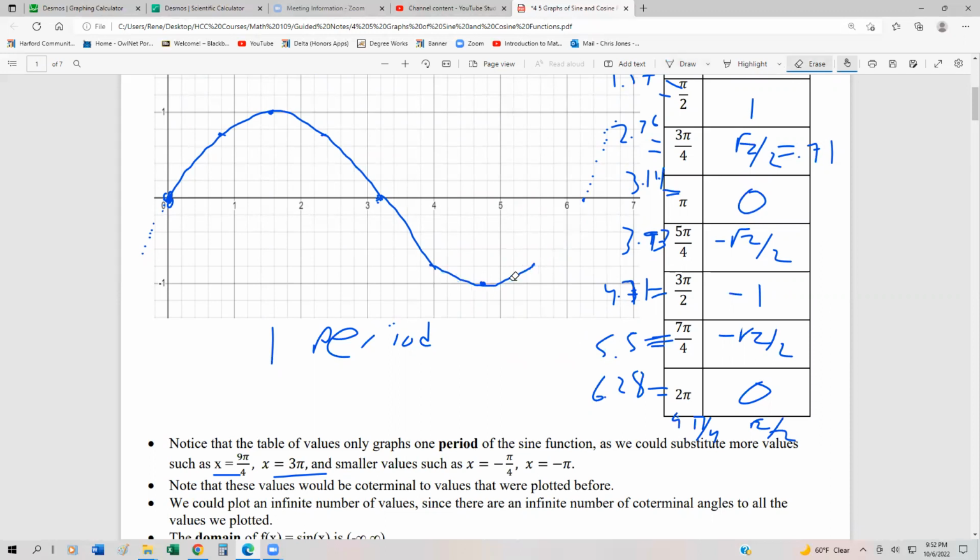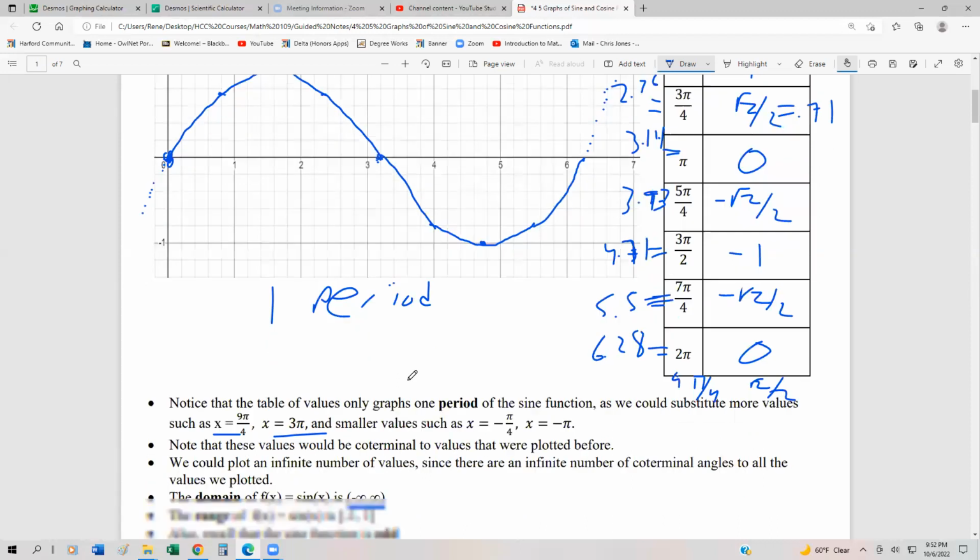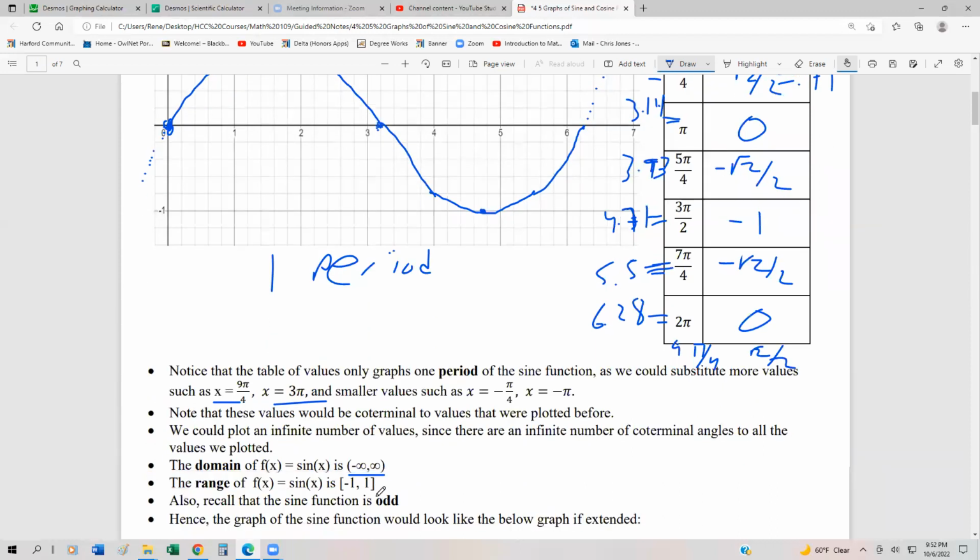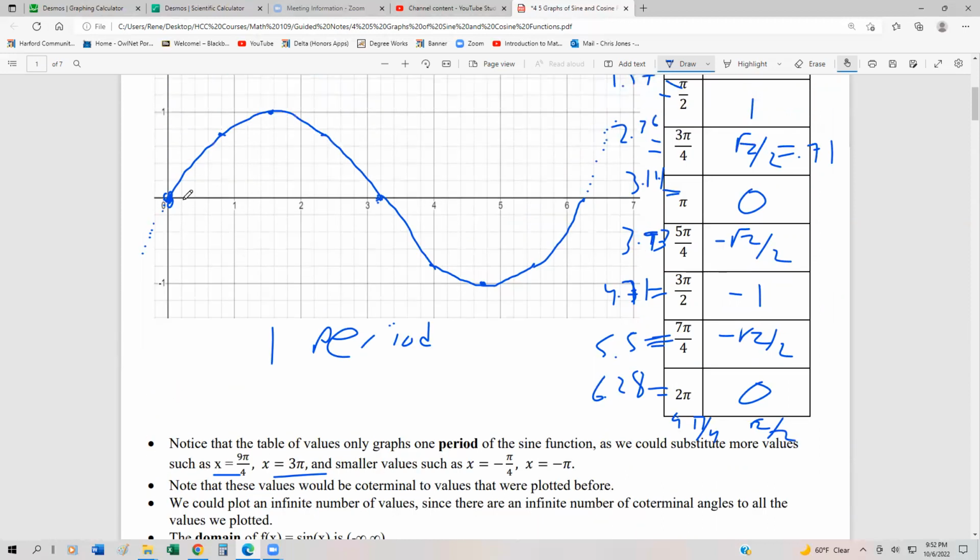It's probably going to mess the whole thing up. All right, but you guys get the idea that the sine function should go through these points. Remember before we talked about the sine function being odd. That means it's going to be symmetric about the origin, and that makes sense because if there's a point up here, there should be another point down here that's equidistant